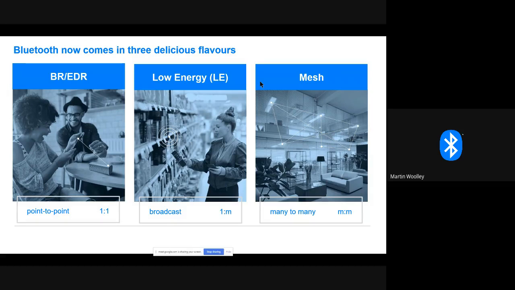Bluetooth Mesh is quite different to all of those things. It actually uses Bluetooth Low Energy for radio communications, kind of low down in the stack, but it lets you form quite large networks. 32,767 devices is the maximum number of smart devices you can have in a Bluetooth Mesh network, but is very